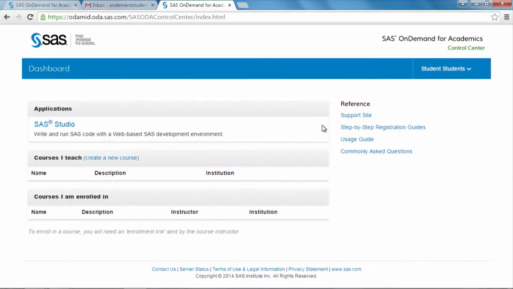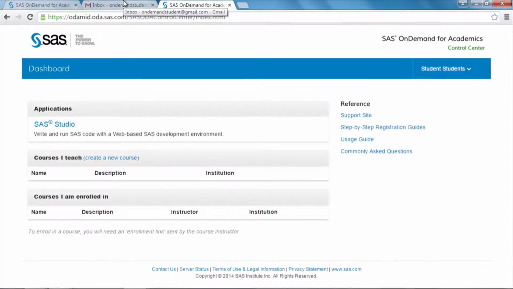It really does. All right, so now that we kind of are familiar with the dashboard, one thing to keep in mind is that if there are going to be any system downtimes for maintenance or any kind of upgrade or anything like that, there will be a banner across the top of the screen that will let you know. So that is good just to note that if you see something out there, you do want to take a look at it and see what's going on. But now we're going to go ahead and enroll in a course.